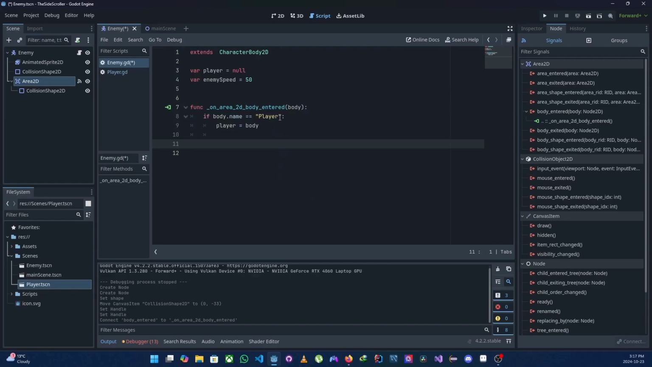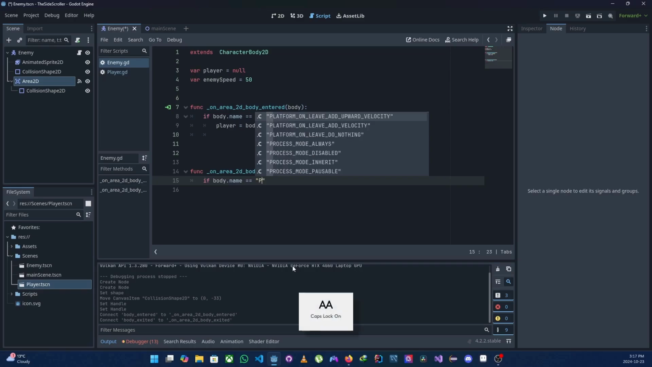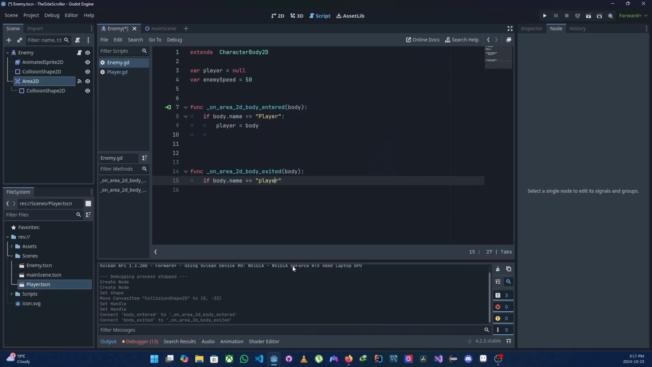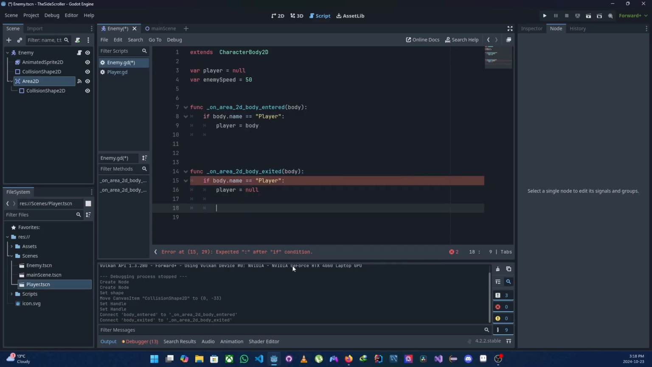Good. And then we also want to do body exited. Here, same thing, connect, and we connect. And we do the same thing if the body.name is equal to Player. Sorry, not this, capital letter Player. It's case sensitive, so you have to be careful. Then we can say the player is now back to null now. Good. So we are done setting up what should happen when it enters and when it exits